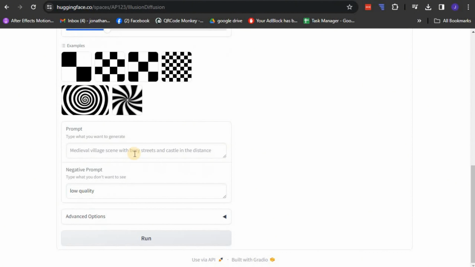The prompt zone allows you to command the AI to better understand your artistic intent. Here, you're able to provide a thorough explanation or offer keywords closely related to the image you wish to produce. Negative prompt. This particular section lets you specify any elements that you definitely do not want to be included in